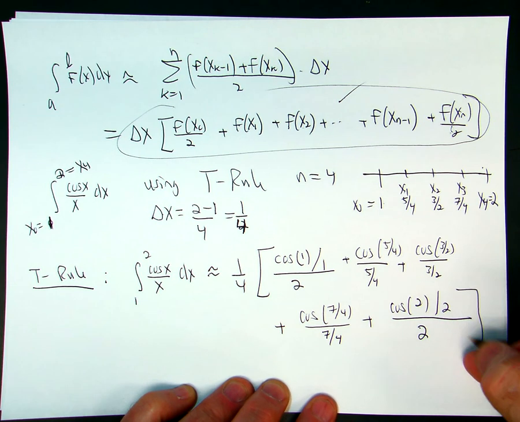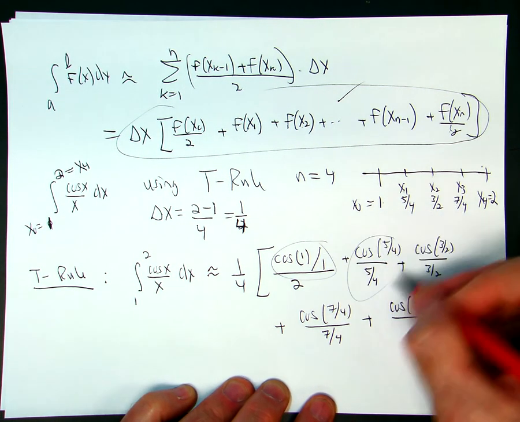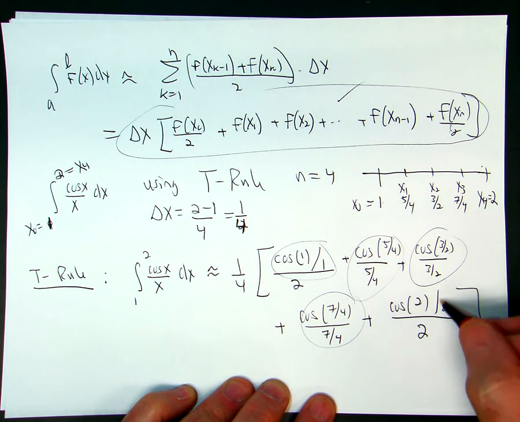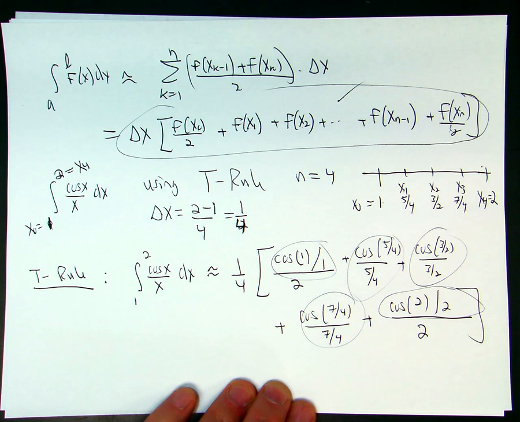Sorry about that. So there's my f of x0, f of x1, f of x2, f of x3, f of x4. So I do this out, and hold on for a second while I dig it up on Wolfram Alpha. And what I get from this was 0.09